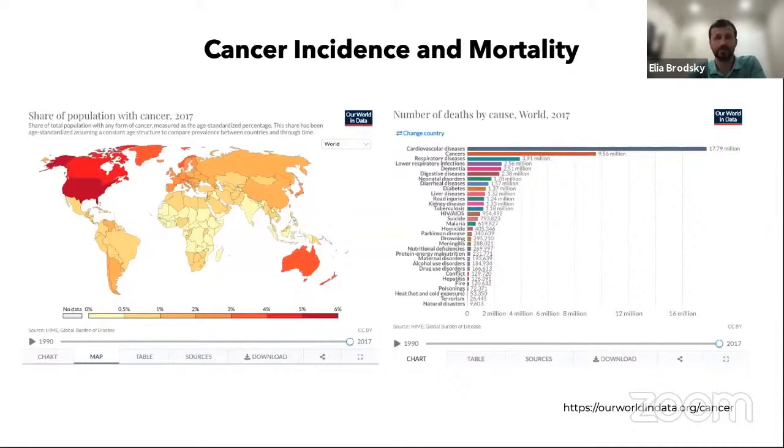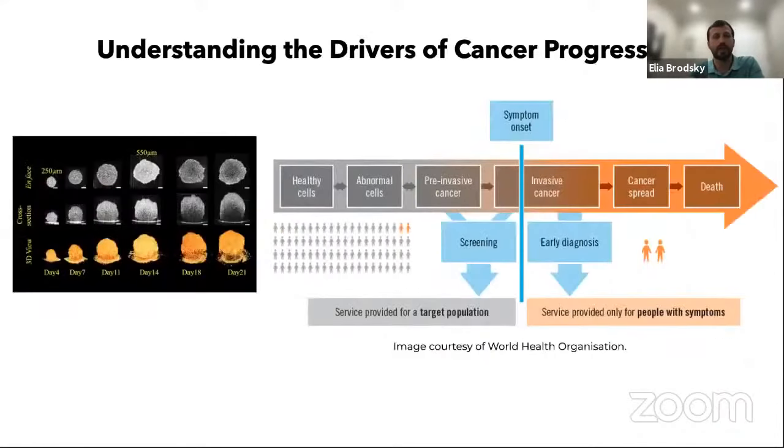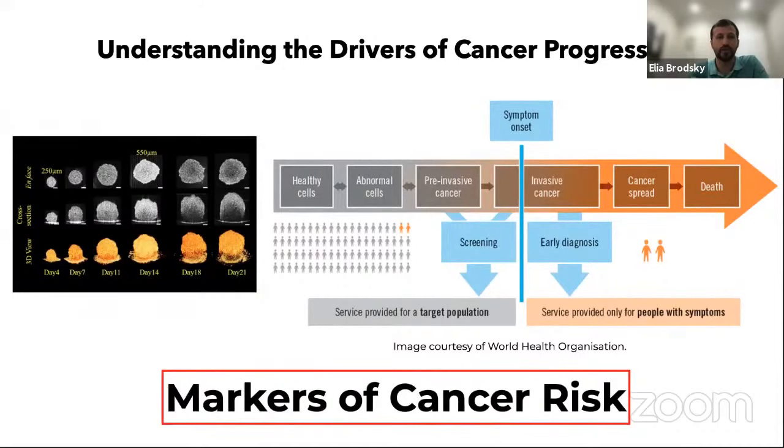And so it's very important for us to recognize this trend and to understand what are some of the ways that we could effectively address this growing problem that is going to require much more investment in new technologies to address these pressing needs. For example, when we think about cancer, we need to understand what are the drivers of cancer progression, what are the risks associated with developing cancer, and therefore develop screening and early diagnostic tools to develop an understanding of what are the markers of cancer risk and progression. And so in that